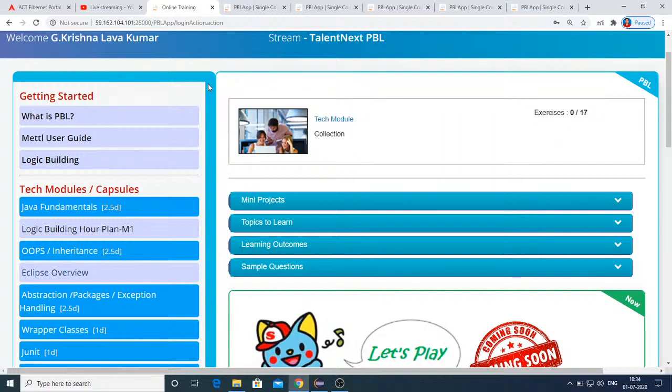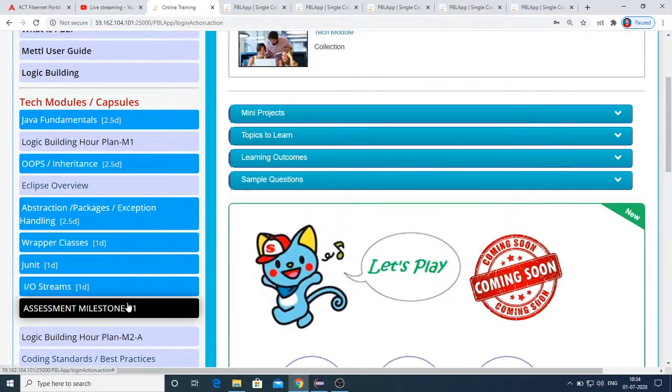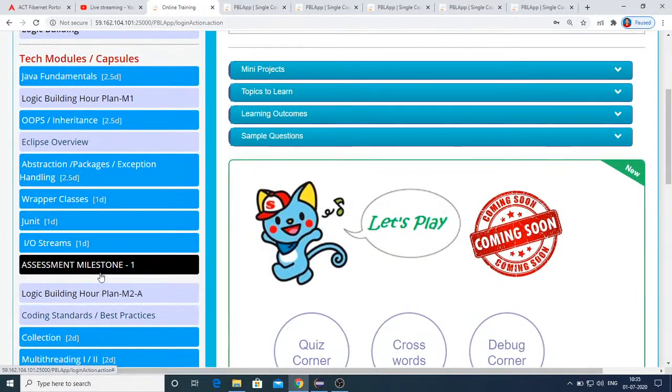So moving on after JUnit, here we are supposed to discuss the IO streams, and after IO streams you will be having this assessment milestone 1, but still it's not yet opened because we have given a certain duration and date. I have shown you the schedule.